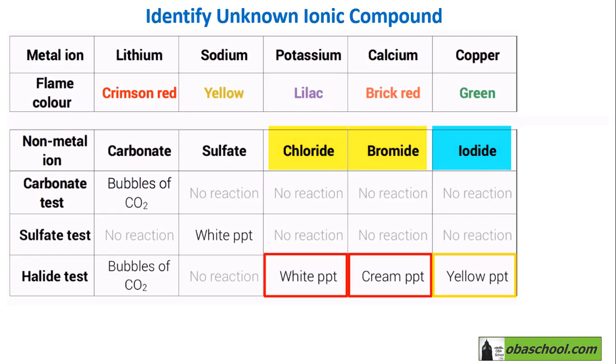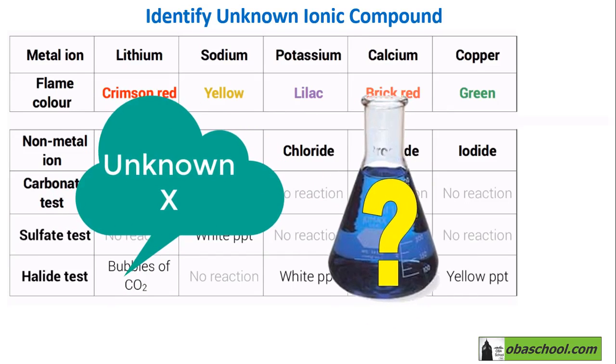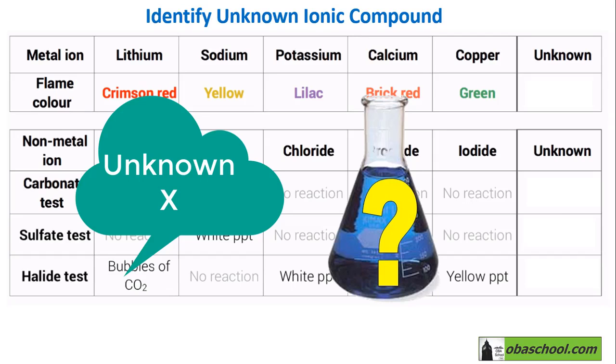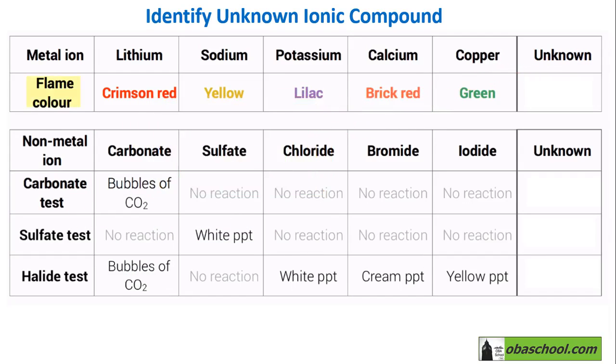Now, let's take an example of an unknown and let's name this unknown X. So we are going to identify the unknown solution X. In order to identify the unknown X, we should run experiments that include the tests that we have learned. So we should run the flame test, the carbonate test, the sulfate test, and the halide tests that include our